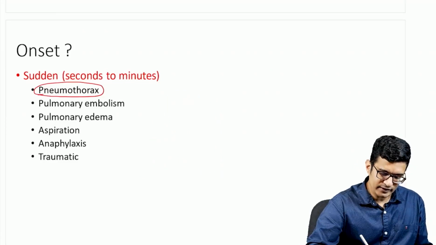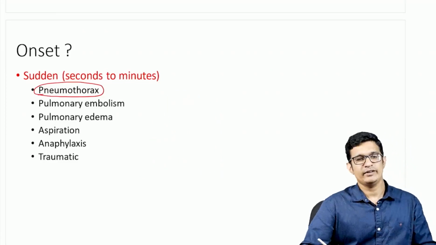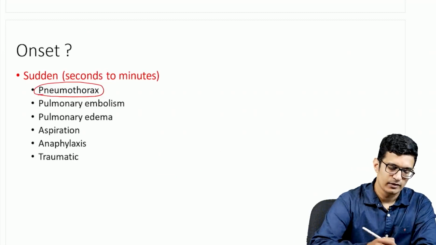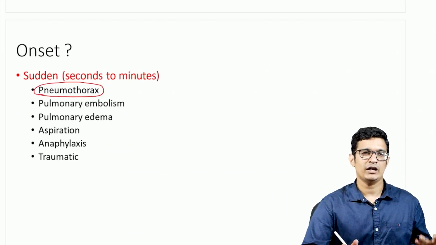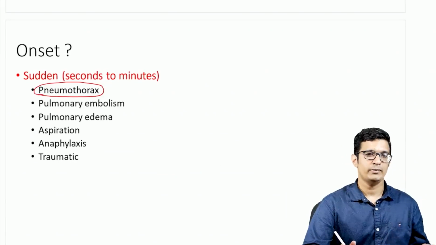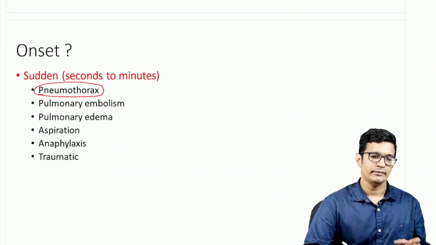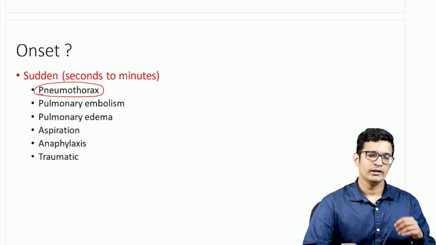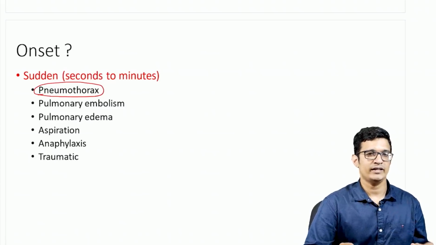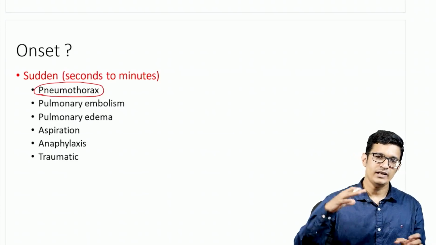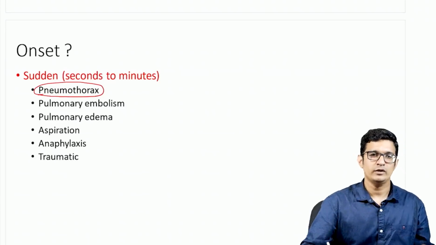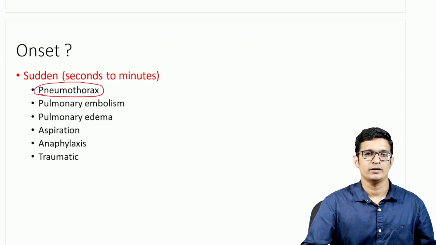Now the next condition is acute onset of heart failure or pulmonary edema. Whenever there is an acute myocardial infarction or an acute heart failure due to a very high BP, what happens in very high BP? When the blood pressure is so high, the peripheral resistance is also going to be very high. So the left ventricle will have to pump against a very high resistance. So it will have to increase the force of contraction.